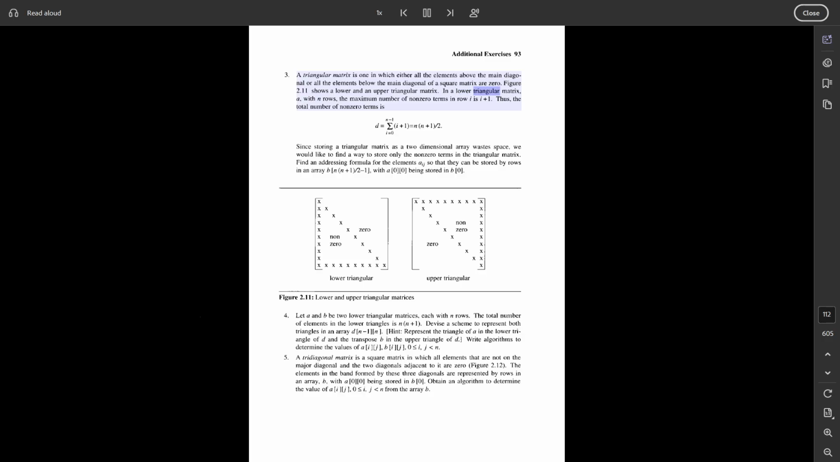In a lower triangular matrix A with n rows, the maximum number of non-zero terms in row i is i plus 1. Thus, the total number of non-zero terms is n(n plus 1)/2. Since storing a triangular matrix as a two-dimensional array wastes space, we would like to find a way to store only the non-zero terms in the triangular matrix. Find an addressing formula for the elements a[i][j] so that they can be stored by rows in an array b,